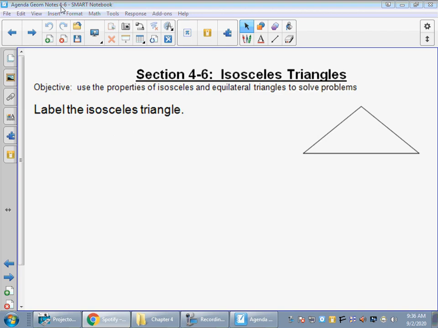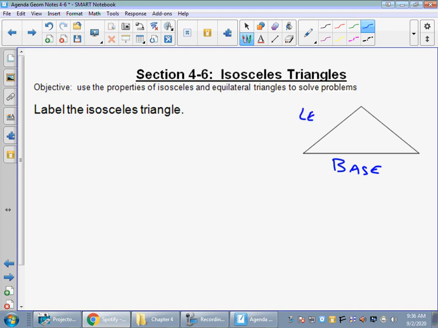So the first thing we're going to do is look at this isosceles triangle, and we're going to label it. Okay, so remember some of these terms from earlier in the chapter. If we have an isosceles triangle, and let's call this part the base, then that would mean that these are the legs. It'll be here and over here. And remember, those are the congruent sides. Would be the legs. So I'm just going to go ahead and put a dash mark here and here to